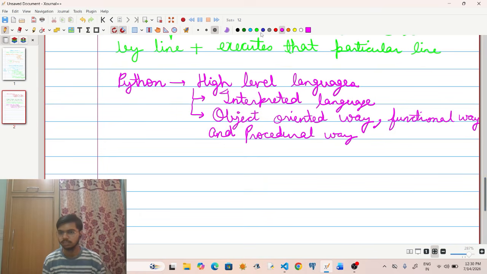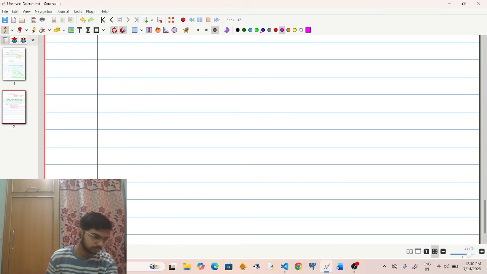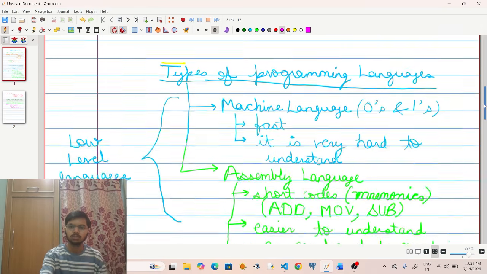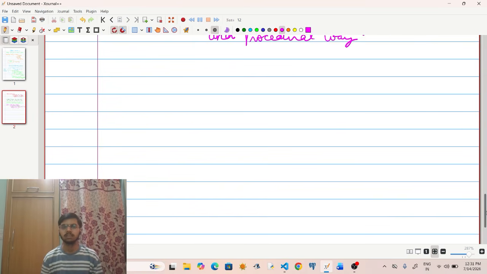Now, let us move on. Before studying any subject, we should always think why we are studying that particular subject. Is it actually helpful in the real world, or are we just studying that particular subject for just scoring marks in the colleges? So let us understand what exactly is the need of Python as a programming language in industries.